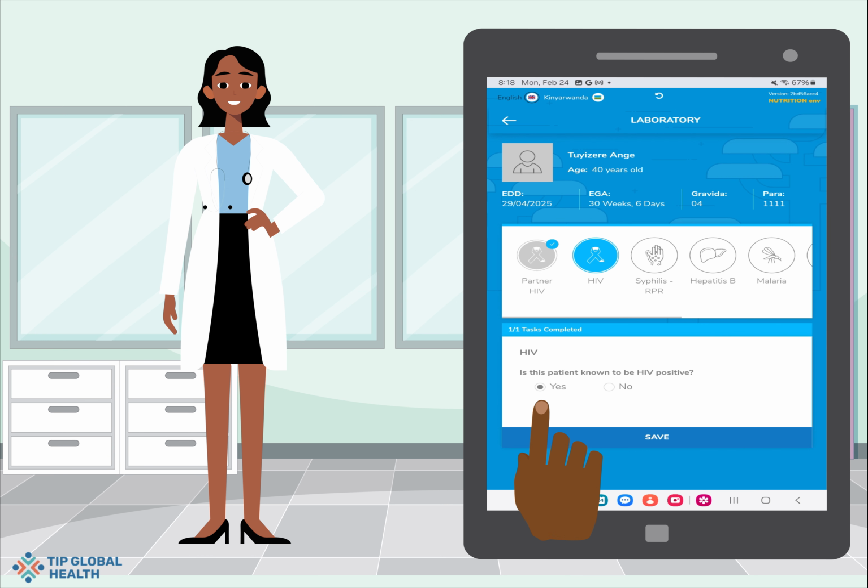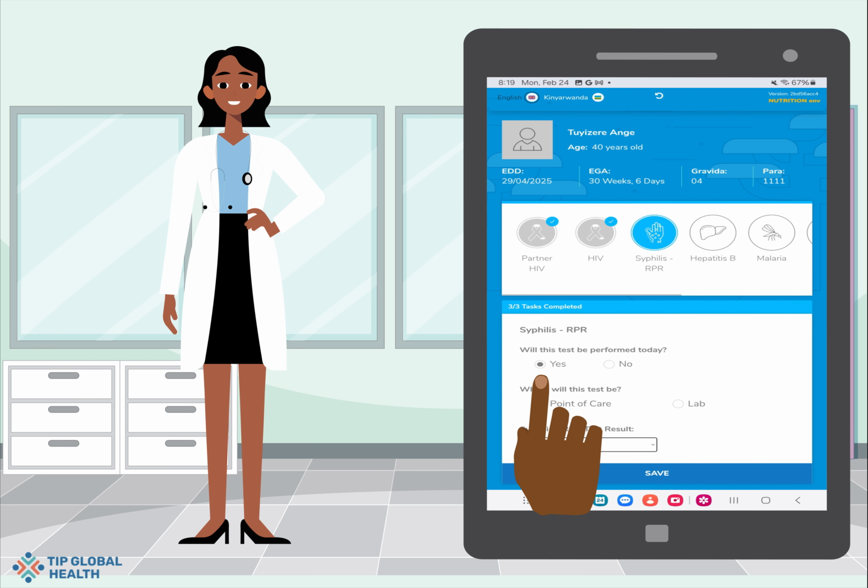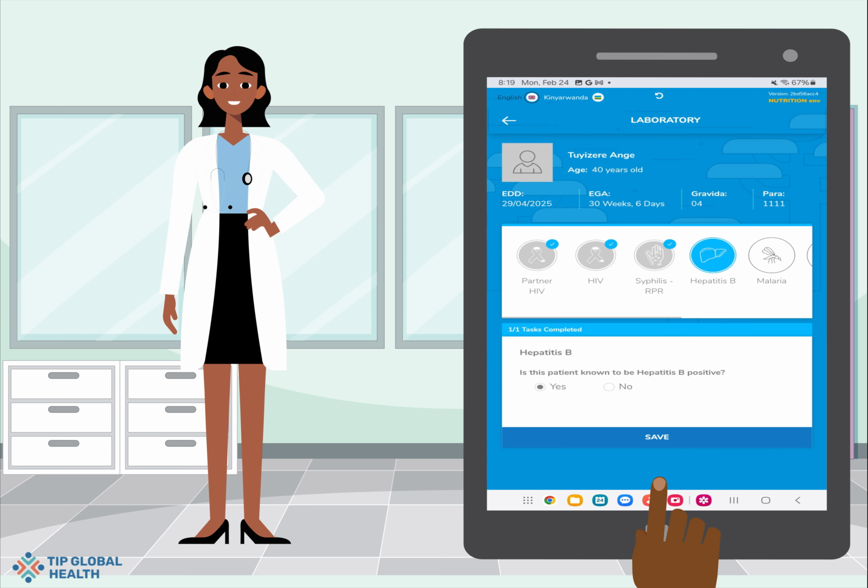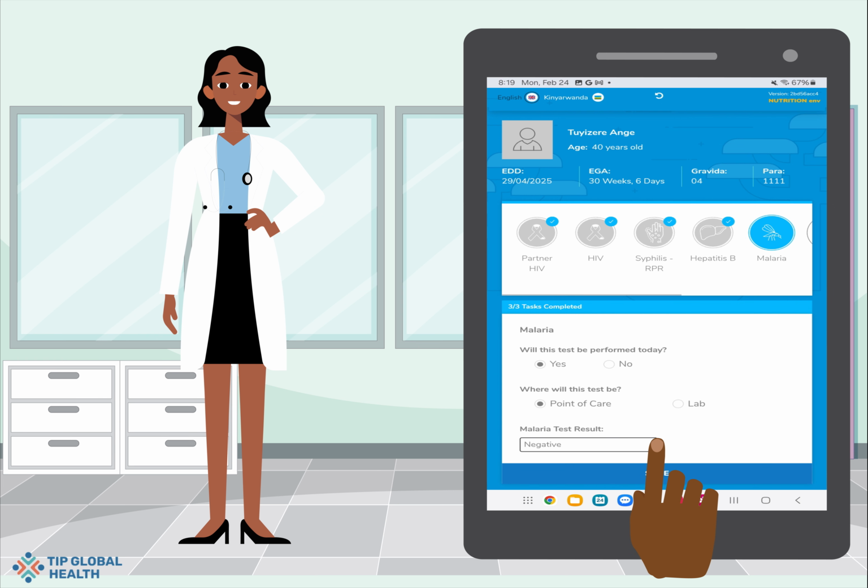Ange is known to be HIV positive, so I will select yes. Her syphilis exam will be performed today at point of care and the result is negative, so I select that and hit save to continue. Ange is known to be hepatitis B positive, so I will select yes. The malaria test will be performed today at point of care as well, and it was negative, so let's hit